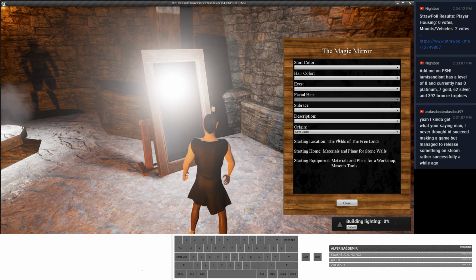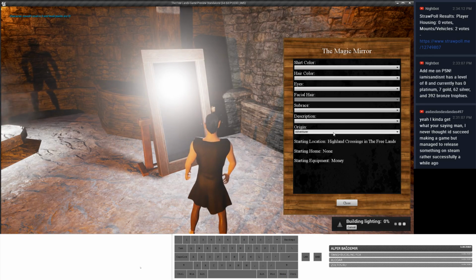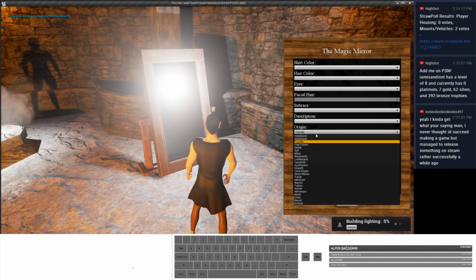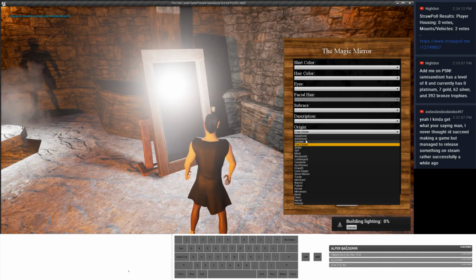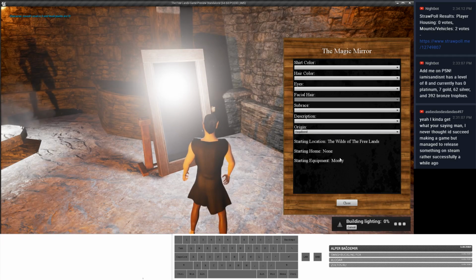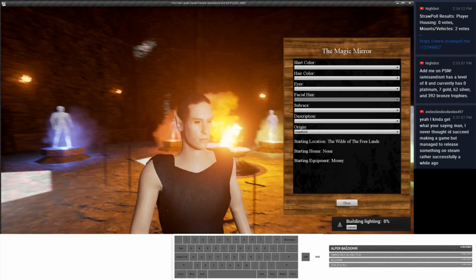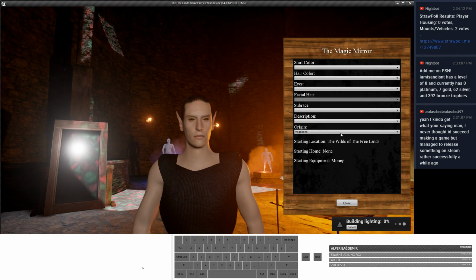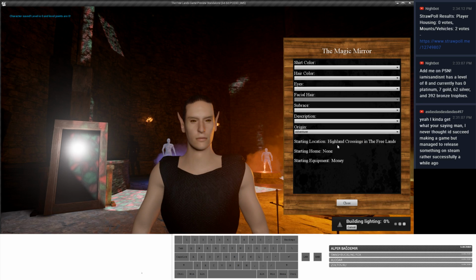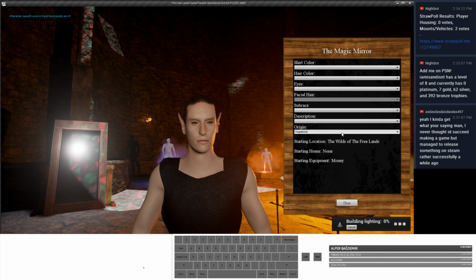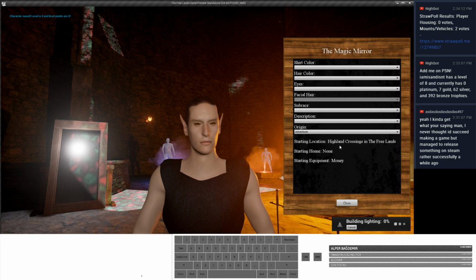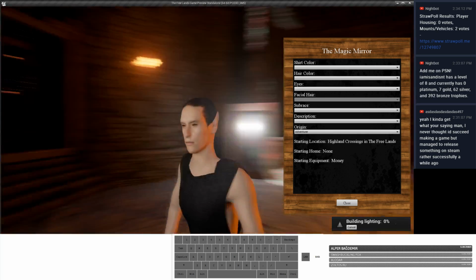So you're either in the wilds or the town, based on what type. Highland Crossing, the wilds, Traveler, the wilds, Free Citizen, Highland Crossing, and these are all divvied up by type. Your Vagabond starts with money and nothing. This is like your I'm-gonna-do-it-myself type player mentality. Adventurer, however, starts in the town. So, yeah, good old standard adventurer.